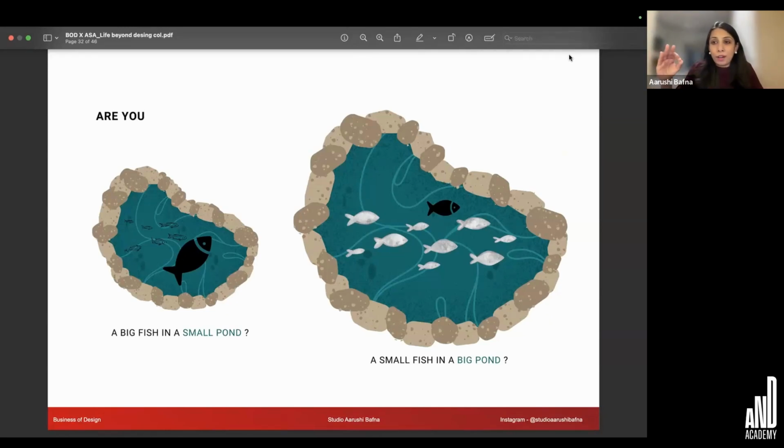Now, this spread like wildfire. The minute they started saying this to other people, the other people started saying, you know what, she's come from Bombay and she's a great retail designer. And so on and so forth, by virtue of gossip in the city, my name spread as one of the best retail designers in the city. I wasn't even 26 years old. People started talking nice things about me, even without realizing that it was all just me being a very big fish in a very small pond.